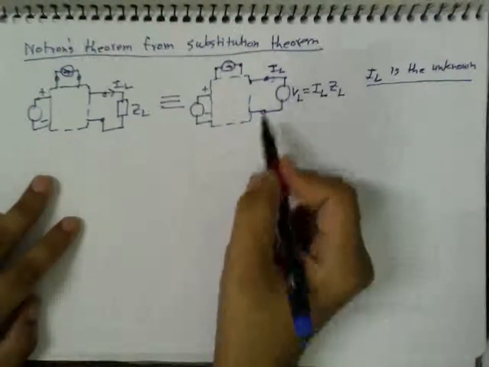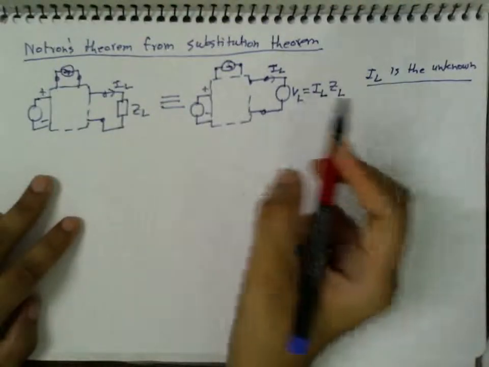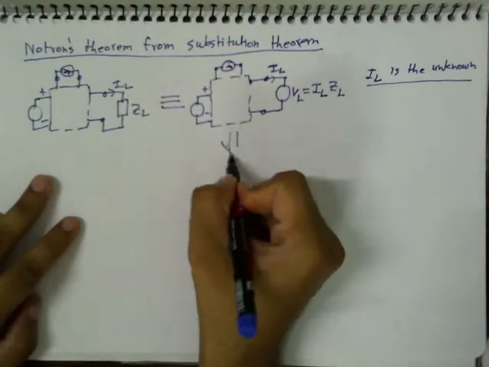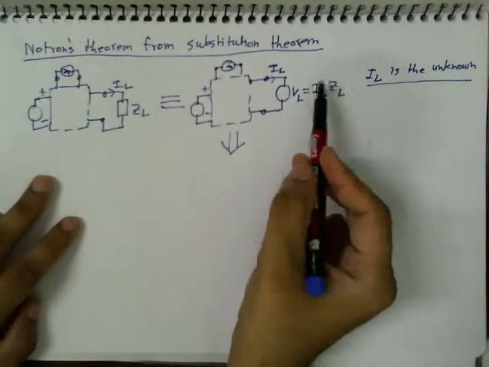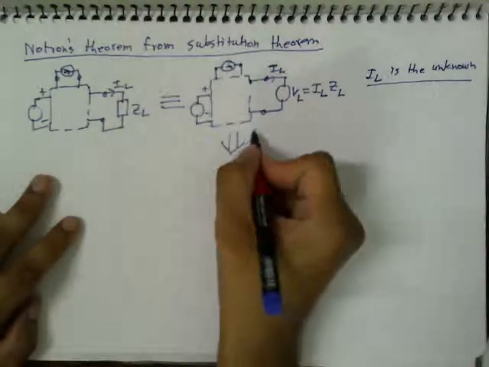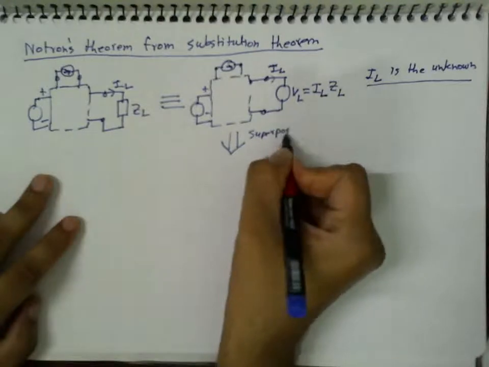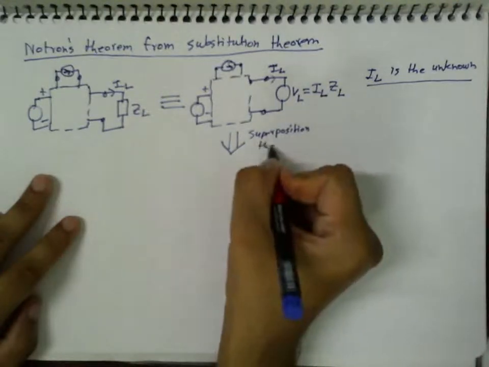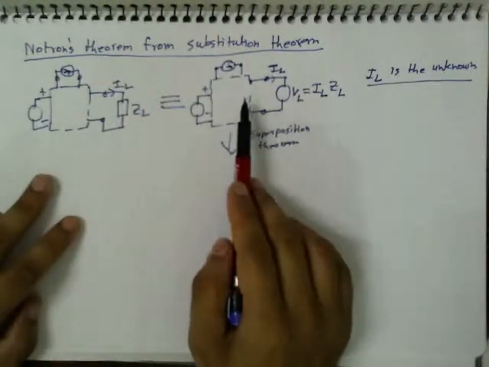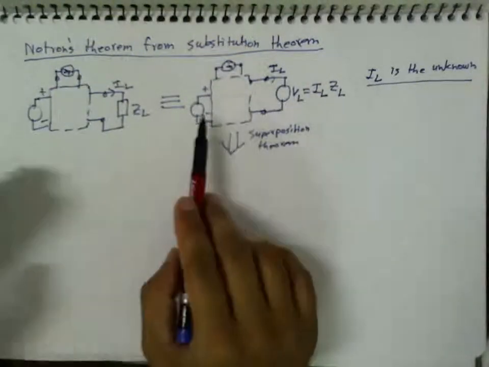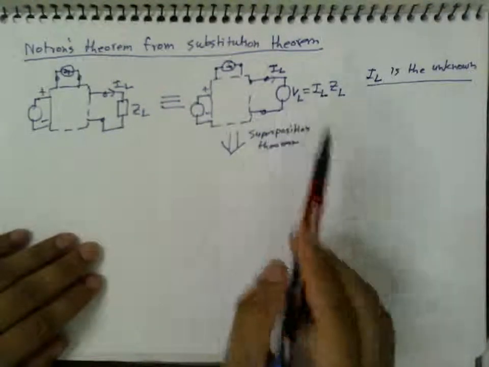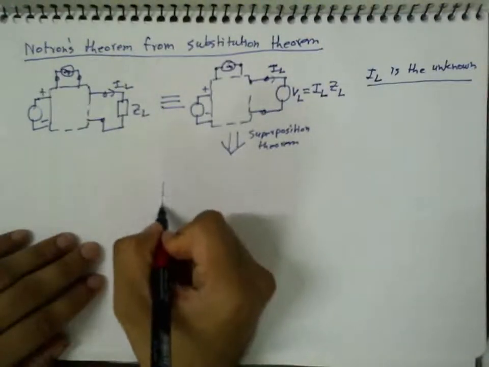Okay. Now this IL we can think is contributed by the internal sources plus this external source. So we will use superposition and decompose this circuit into two parts. One has only internal sources and one has only the external source VL. So this will be equivalent to this,